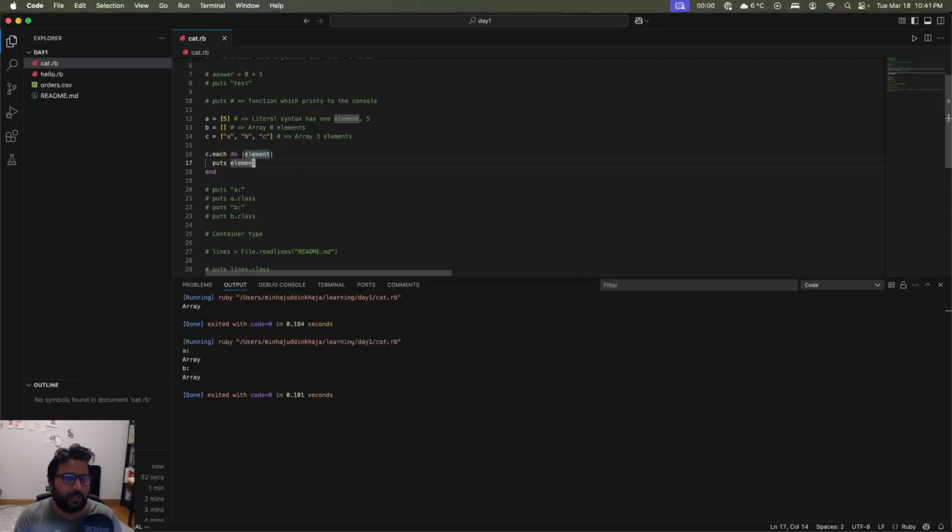Okay, so what do you think is going to happen? So we're saying c.each. So c is an array with 3 elements. So this is going to run 3 times. And the first time element is going to be A, second time it's going to be B, third time it's going to be C. So if we run this, you should see,